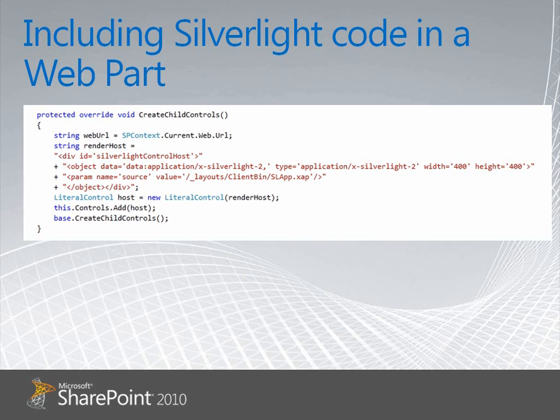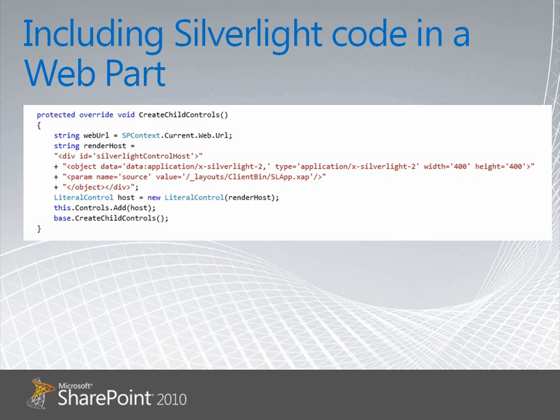We are literally building up a string that includes a div for placing our control and an object tag with a single parameter of name equals source that points to our ZAP file. Now there are a whole host of other parameters that you could provide, such as the error handling routines to use in the client, or maybe some initiation parameters should we need to pass data at initiation time from SharePoint to Silverlight. But this is the minimum that you actually need. What we do is build that string and then render it in a literal control, and our Silverlight application will